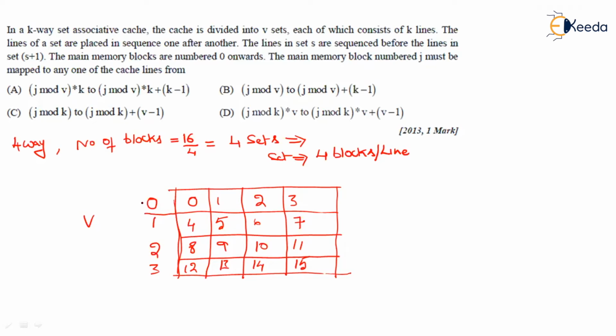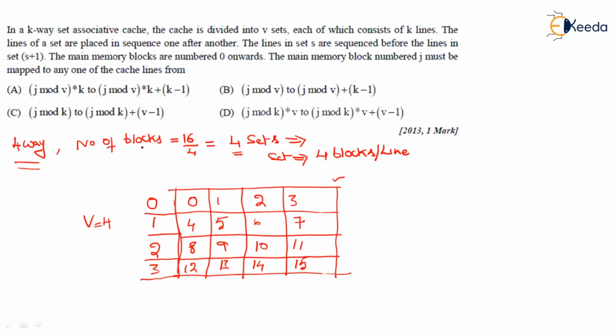All right. Now, what is the question? We examined this by taking an example. Once again, let us understand this example before we get into the details of how to solve the question. This is what exactly reflects the data which is given. There is a k-way set associative cache. For k-way, I'm considering 4-way. The cache is divided into V sets. The number of sets, here I'm taking 4 sets. So V is equal to 4.